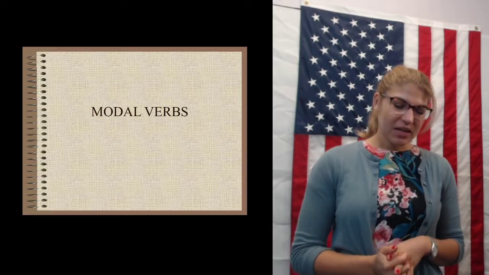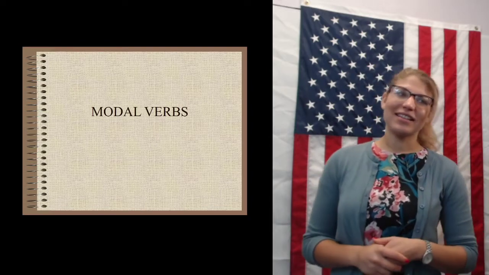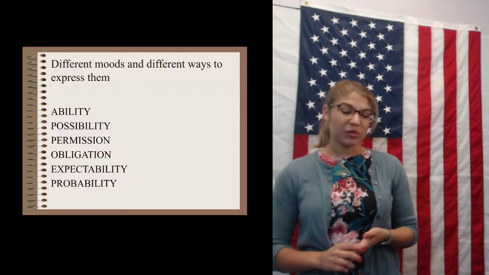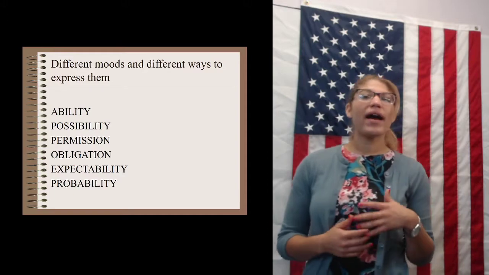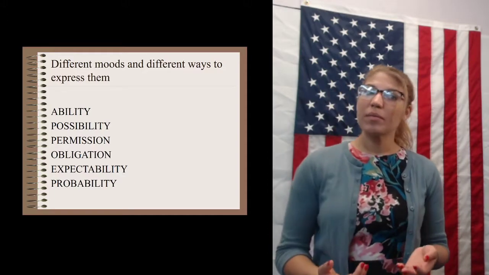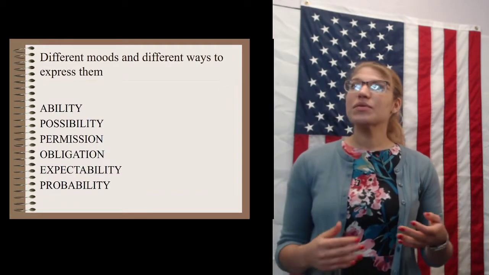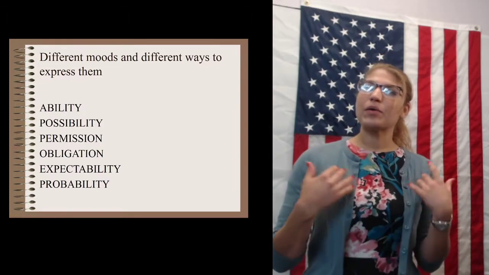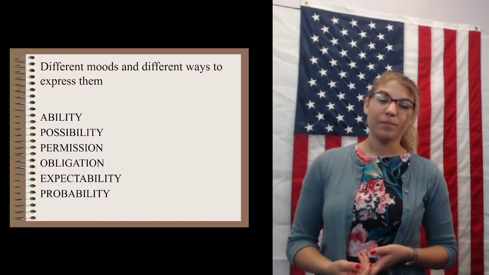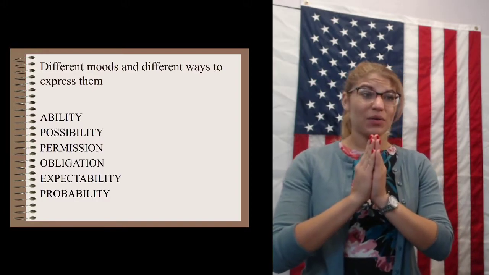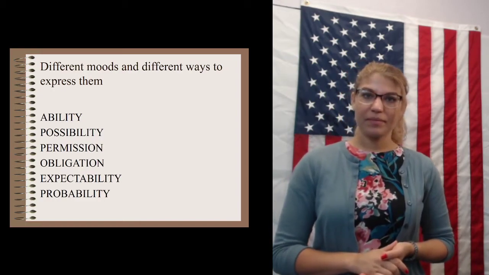All right. So modal verbs are used to describe different things. Let's look at our next slide. One thing that modal verbs are used to describe are ability. You have the ability to do something, or possibility, the possibility to do something. We use words like may to talk about permission to do something. For example, I need to go to the bathroom. May I go to the bathroom?